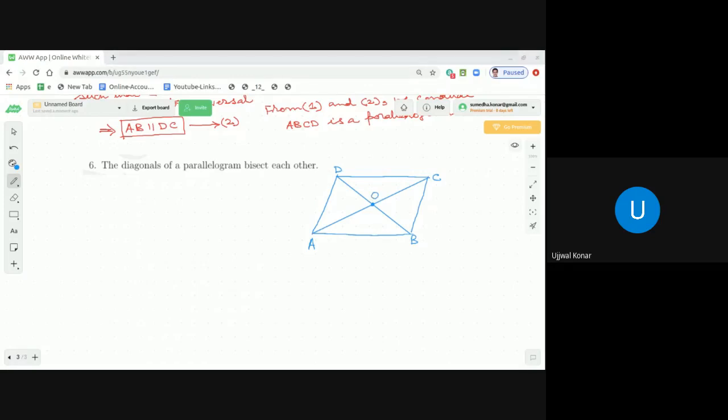What we need to prove? We need to prove that OA is equal to OC and OB is equal to OD. What is given? It is given a parallelogram ABCD such that the diagonals AC and BD intersect at O. So let us start. What is given? Given is that ABCD is a parallelogram